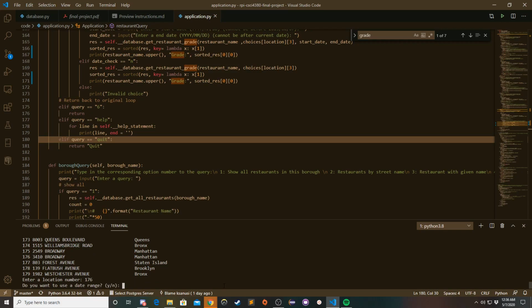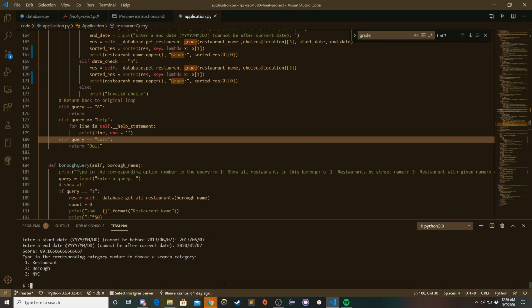And we enter. We are allowed to give a date range, and if we do, we have to enter it in this kind of format. So let's just do it from the beginning when the records start, 07 to now, 2020, 05, 07, and we see that McDonald's has a score of 89.16 repeating,